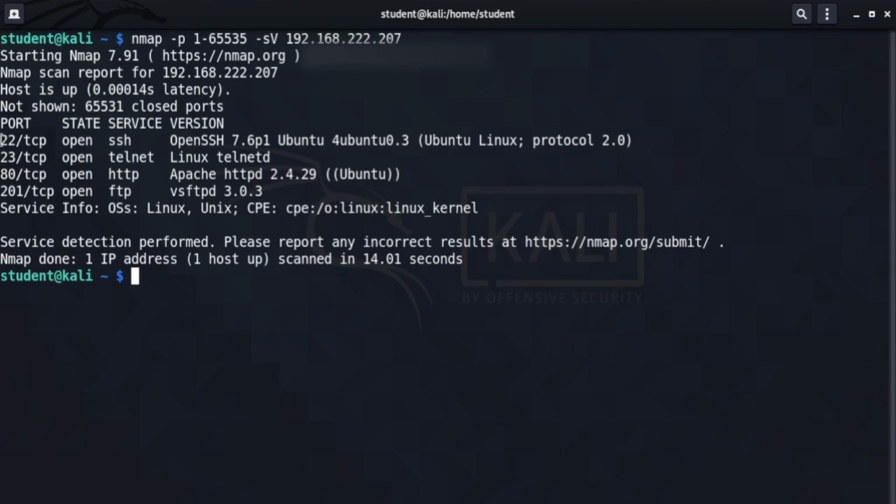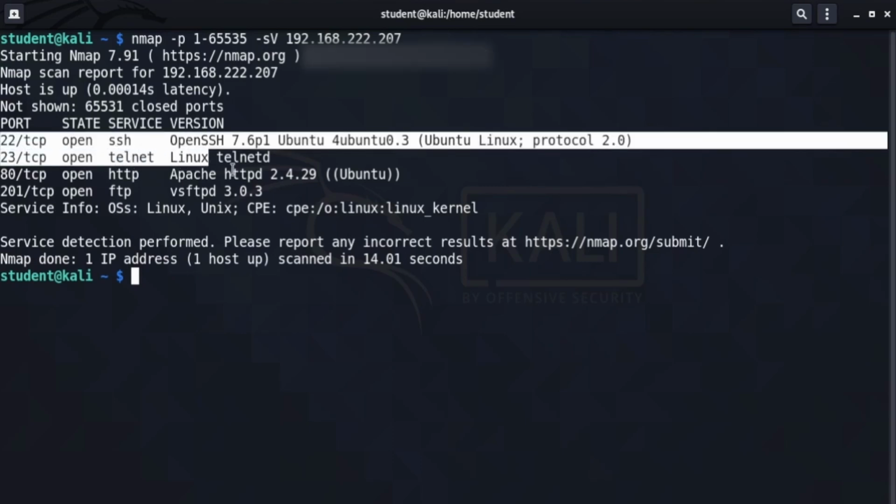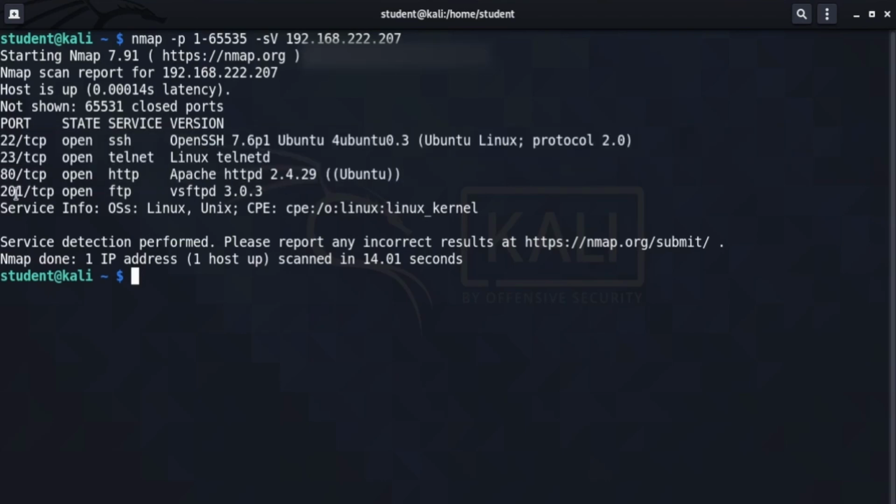Okay, our results are back. It shows the 3 ports we saw originally for that host as open. But notice that on port 201, FTP appears to be running. That's not where it usually listens. That could be considered suspicious. By performing a deeper scan on that host, we've found a potential problem, and we can take steps to resolve